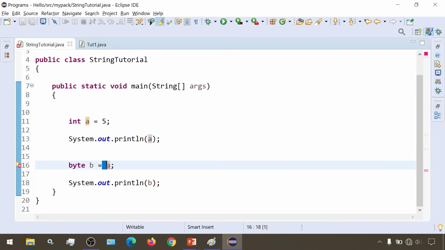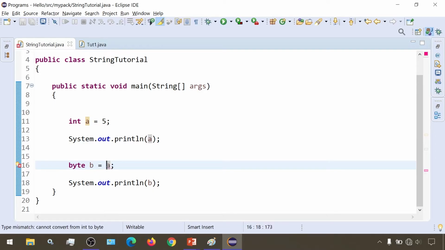It will first check the types, whether they are compatible, and then go to values. If the types are not matching, it won't consider the values at all. It will directly give us an error.